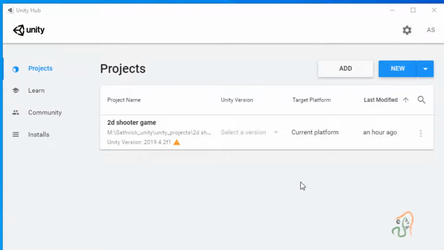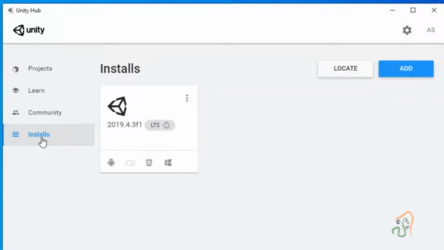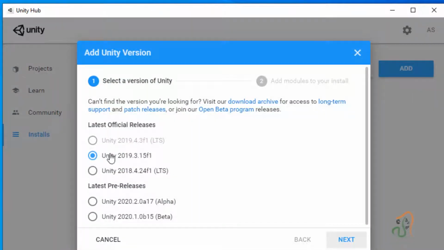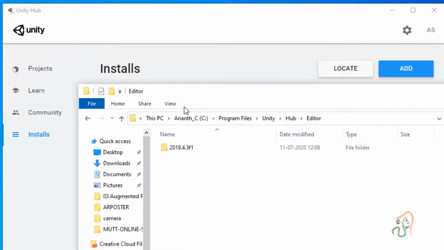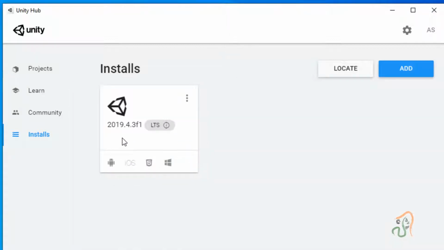And here this version management is quite a daunting task in Unity. See, now for example in installs, when you have a new version, you can click add and you can add the new version. So this was the previous version, 2019.3.1, now you have 2019.4.3. So once I install a new version, in your machine it creates folders like this. It will create multiple folders and you will have multiple versions. Right now what I did was I installed 4.3 and I uninstalled 4.2.